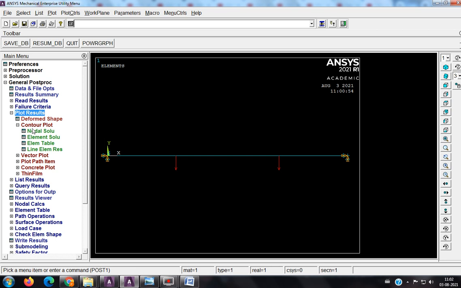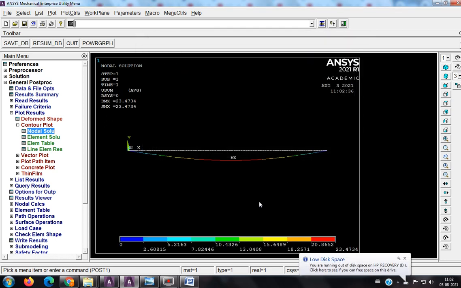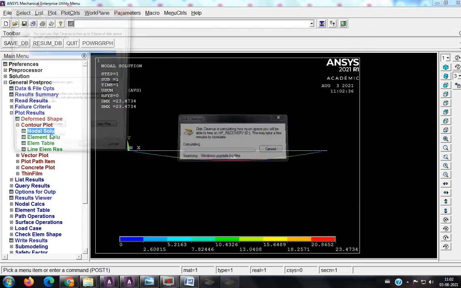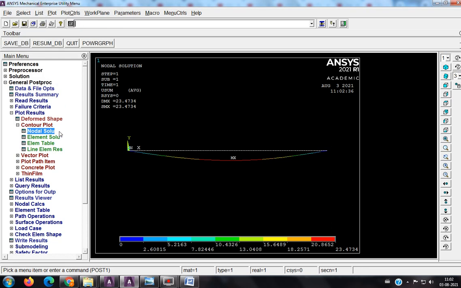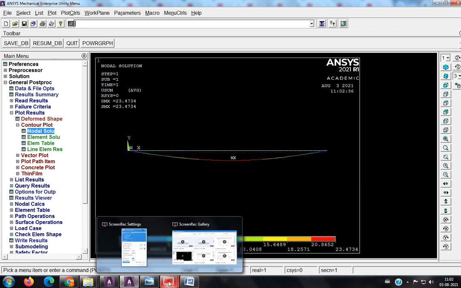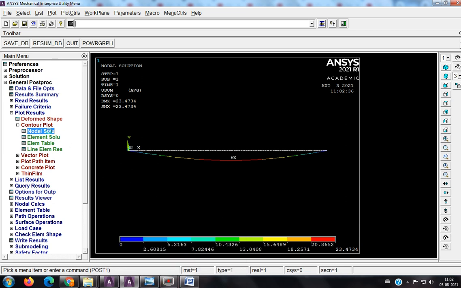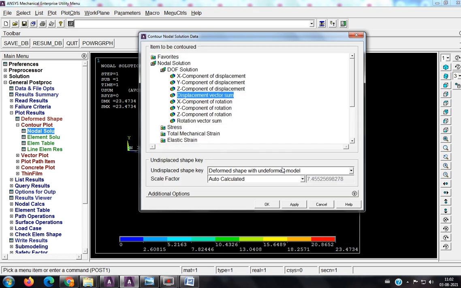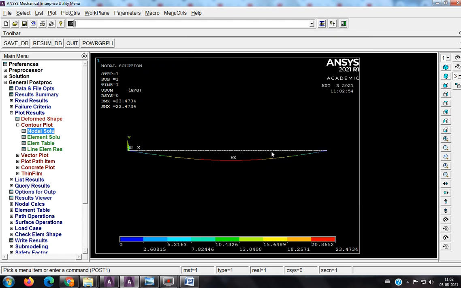So plot results, nodal solution, DOF, okay. Here I have chosen displacement vector sum, deformed plus undeformed. That is the reason I am getting this as undeformed.